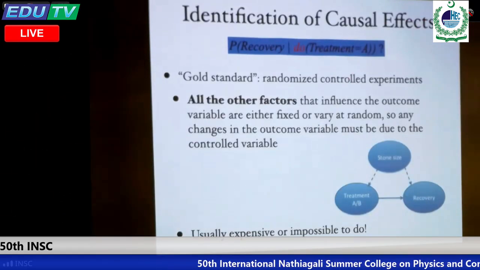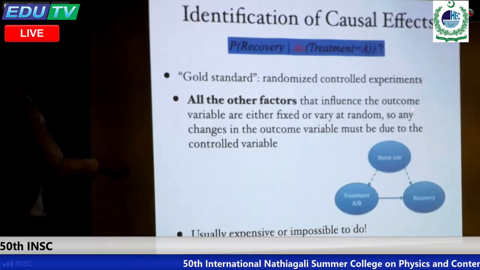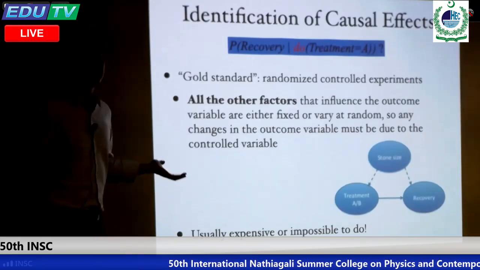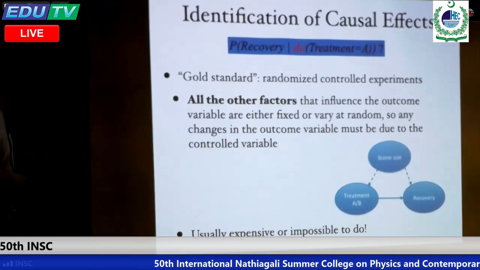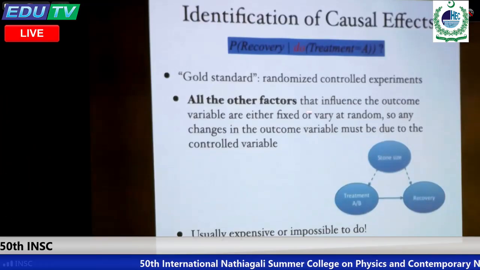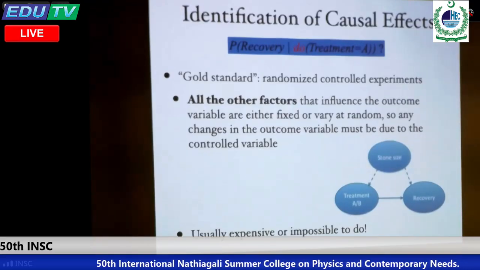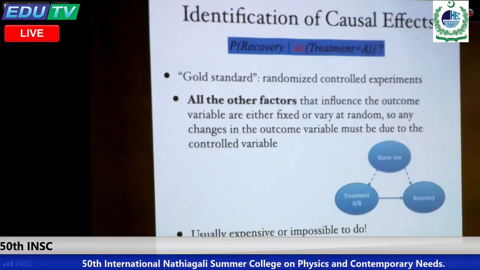But we know it's very hard. First of all, we don't have access to many features. A lot of features are not measured. And second of all, even if you can do this, very often you don't have very clear quantitative information. You can just say, oh, here there's the effect, but you don't have a quantitative model.